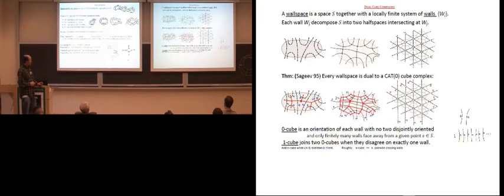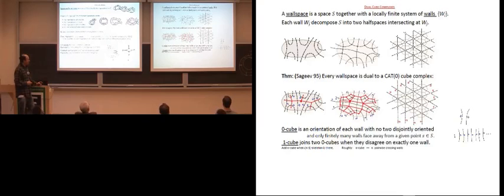Now, let's go back a little bit to this picture over here, which is simpler but a little bit less familiar, and it has a dual just as well, right? The 0-cubes of this dual are the complementary components, right? And so this 0-cube and that 0-cube are adjacent. Here they are. They're adjacent to each other, right, because those complementary components share a wall. Okay? So how do you generalize this so that it can handle more complicated wall spaces,